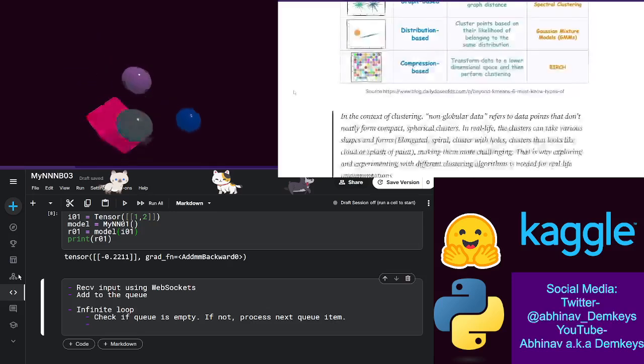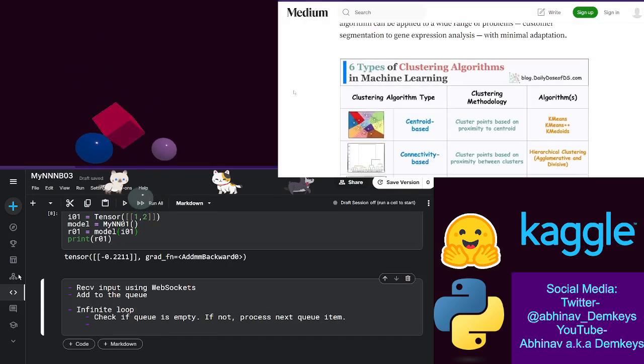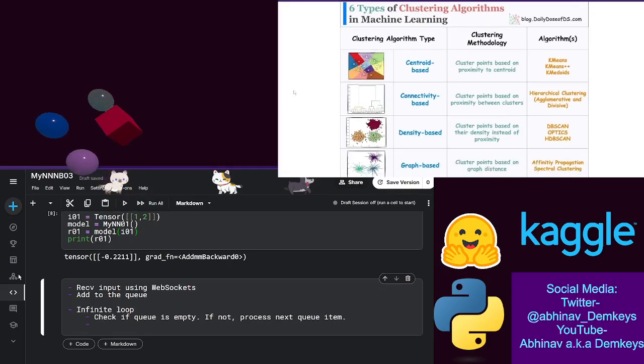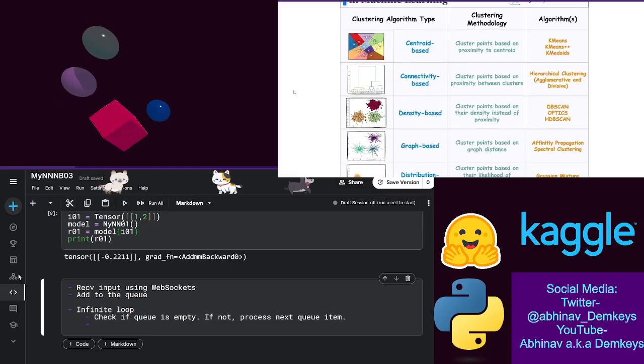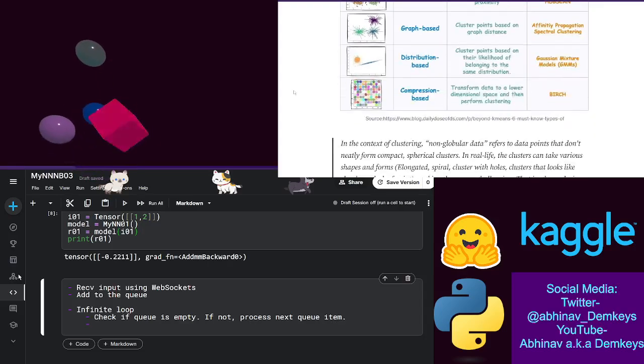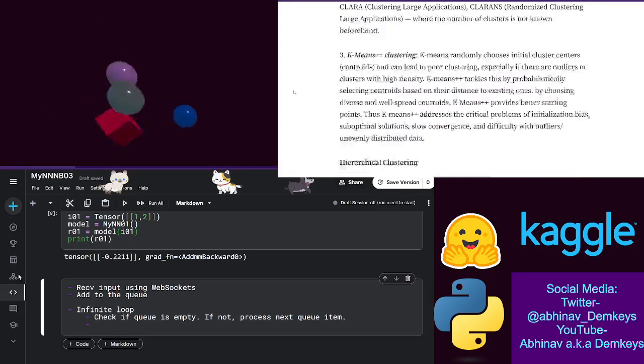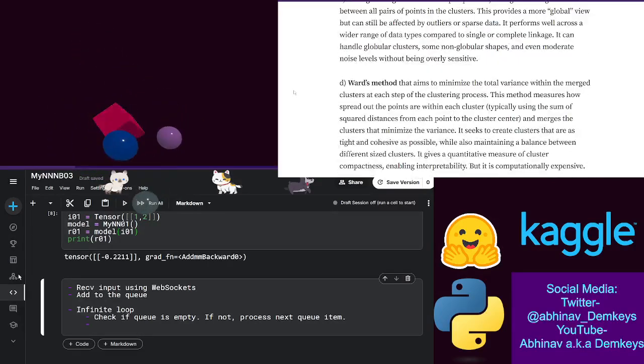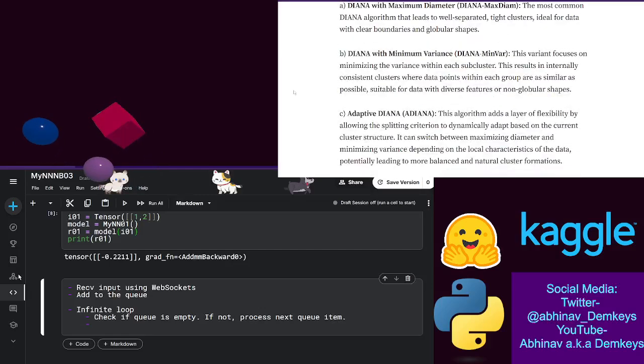Okay, so this goes into clustering, and I have specifically only explored k-means clustering. I haven't explored the other stuff. I do want to explore the other stuff as well. But yeah, I think this is going to help me because what I want to do is get an understanding of